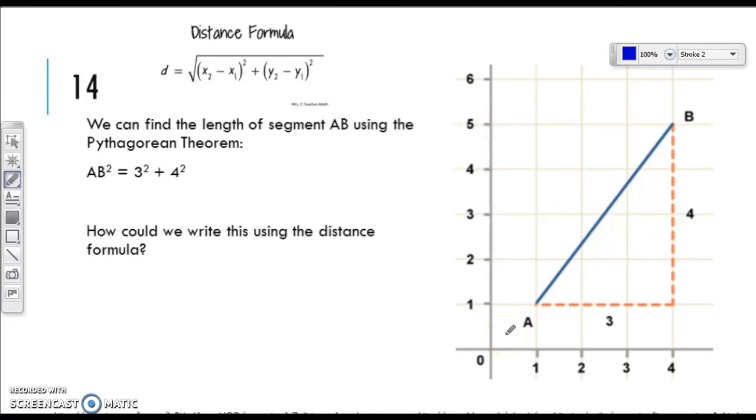Hey guys, this is a fun question. This is like number 14 on your interim assessment. It says we can find the length of segment AB using the Pythagorean theorem. AB squared equals 3 squared plus 4 squared. Because remember, in a right triangle, the leg squared plus the leg squared equals the hypotenuse